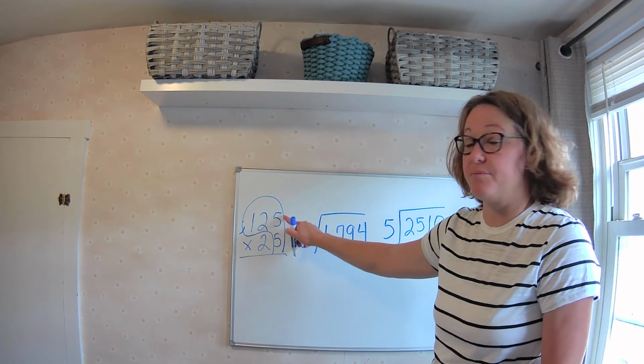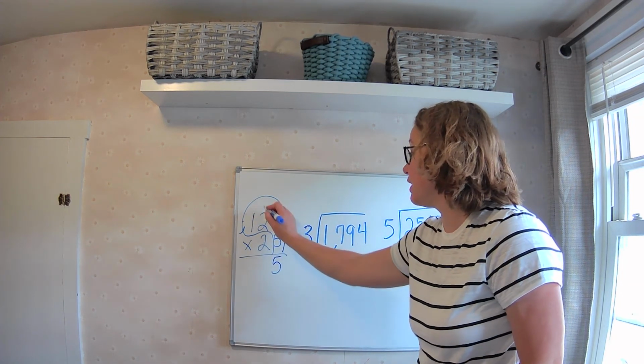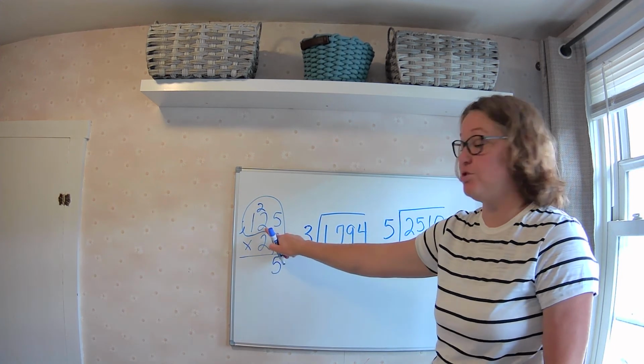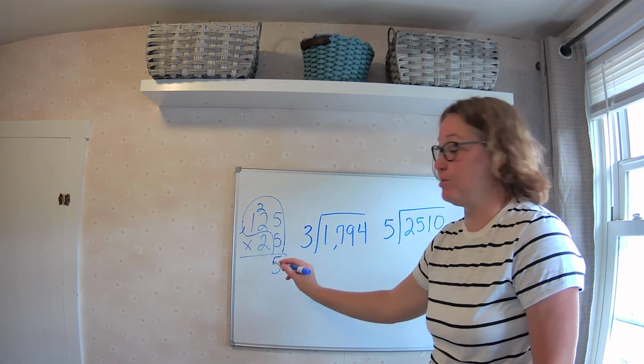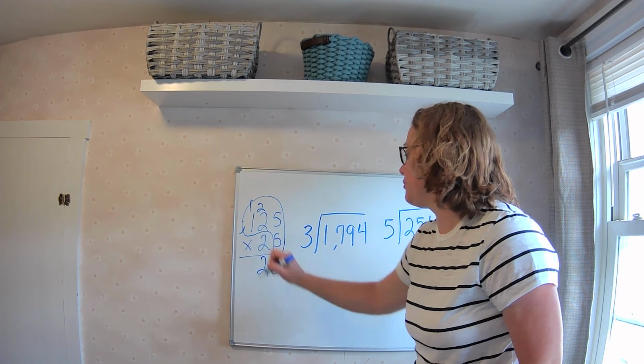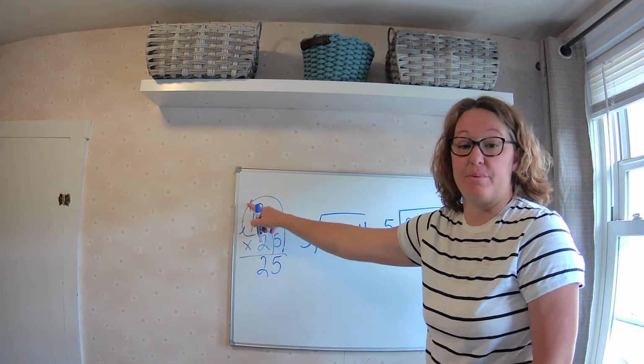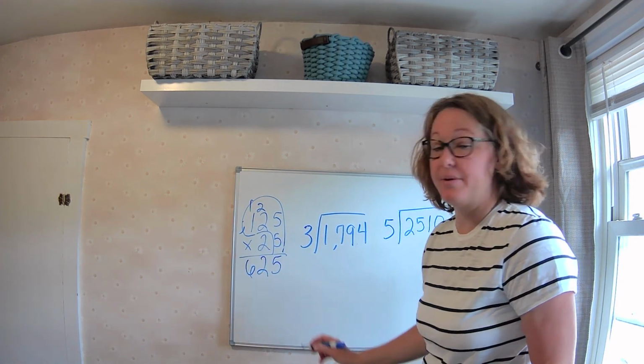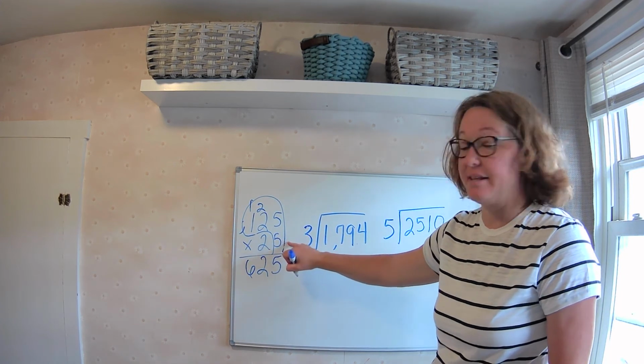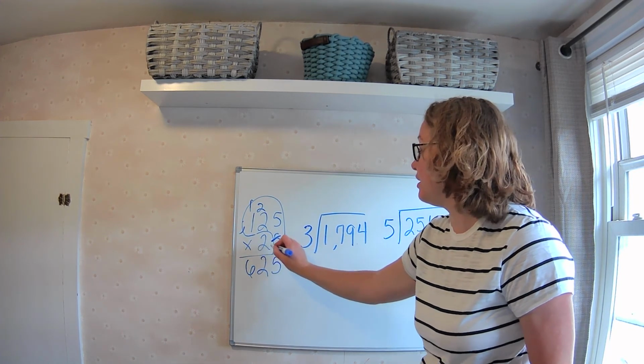So we have 5 times 5 is 25. Carry the 2. 5 times 2 is 10, plus 2 is 12. Very good. 5 times 1 is 5, plus 1 is 6. Now remember, we've multiplied this by the ones digit, so we're going to give our turtle a collar, and then he lays